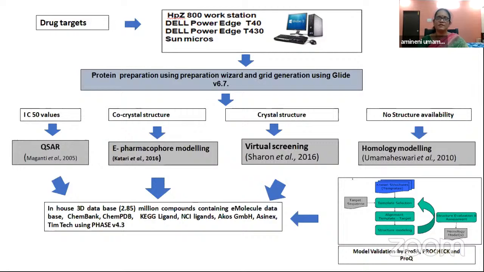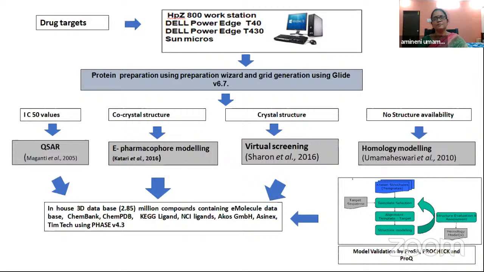Once the model is generated, again we need to validate it, meaning whether the stereochemistry of the amino acids is obeying the rules or not. Based on that, a DOPE score will be given. If the energy is less, it means it is more stable. Generally, we will generate 100 models for the homology of the drug targets. Among the 100 models, whichever has the lowest energy, that model will be taken.